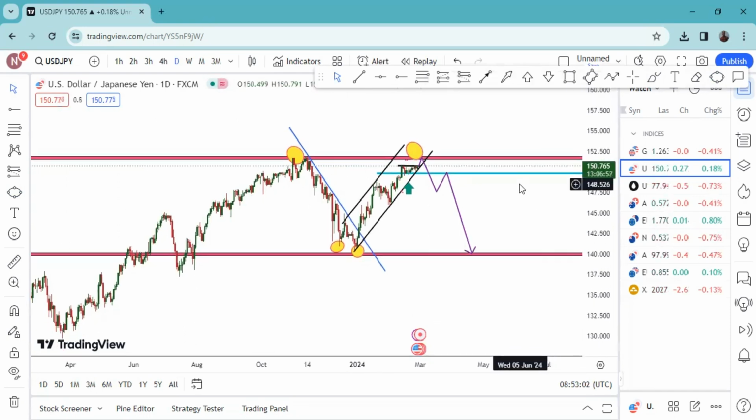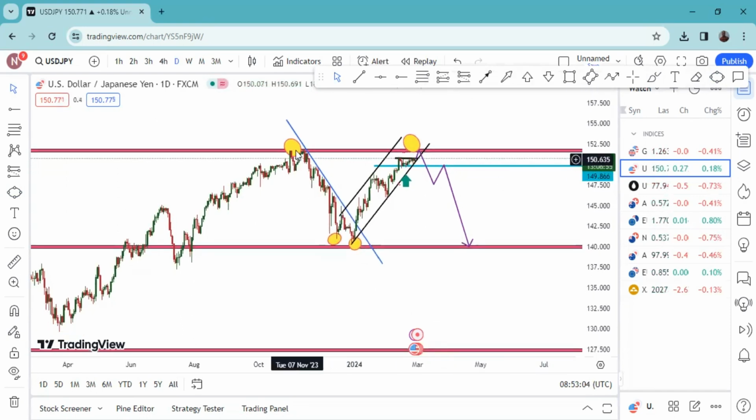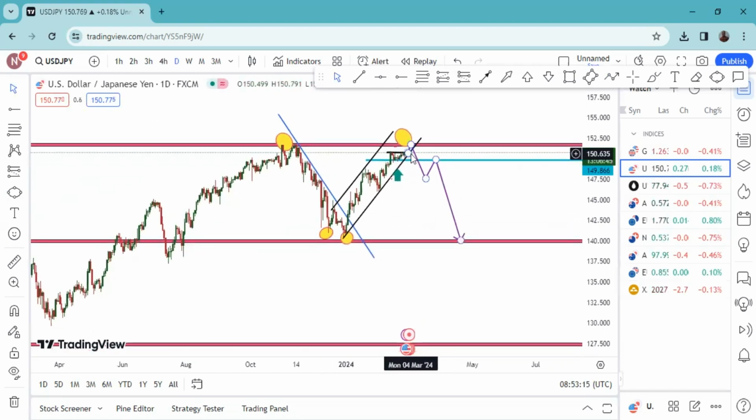You can see there is an M pattern here. First M, first level, second level. There is an M pattern here. There is this trend line. So what I'm expecting is the market to move up, touch this level, break this trend line, retest it, because you